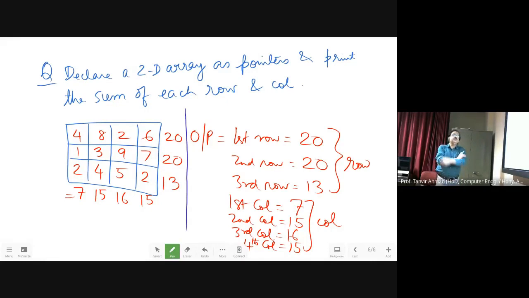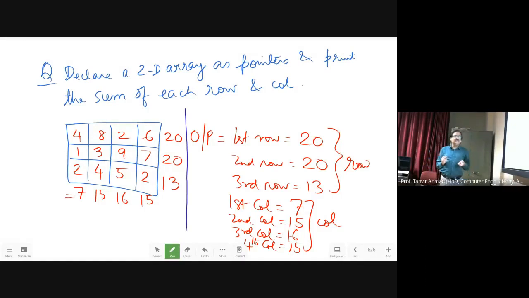Now, how many loops will you require? Obviously, you will do 3 times to add the rows and 4 times to do the columns. Therefore, you write one loop for 3 times to add the rows, and again a loop for i equal to 0 to 4 to add the columns.